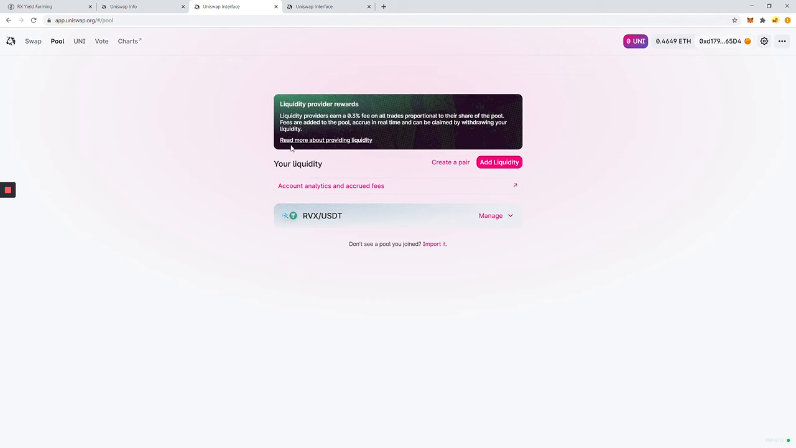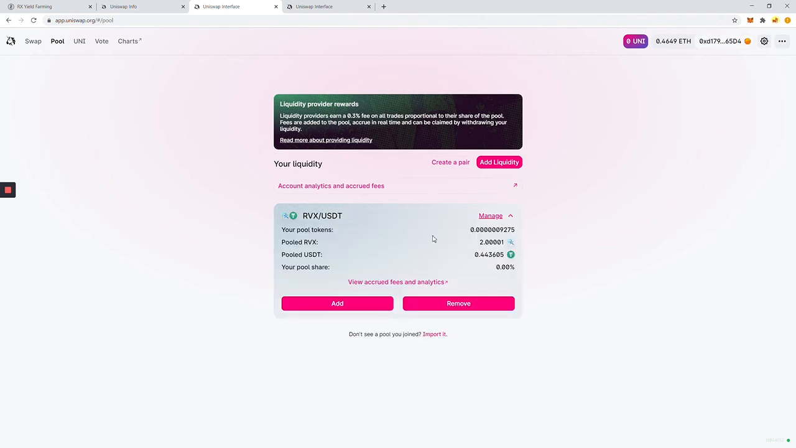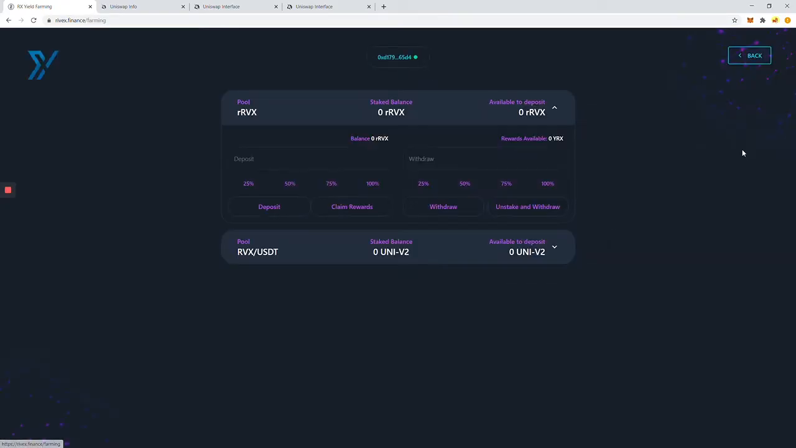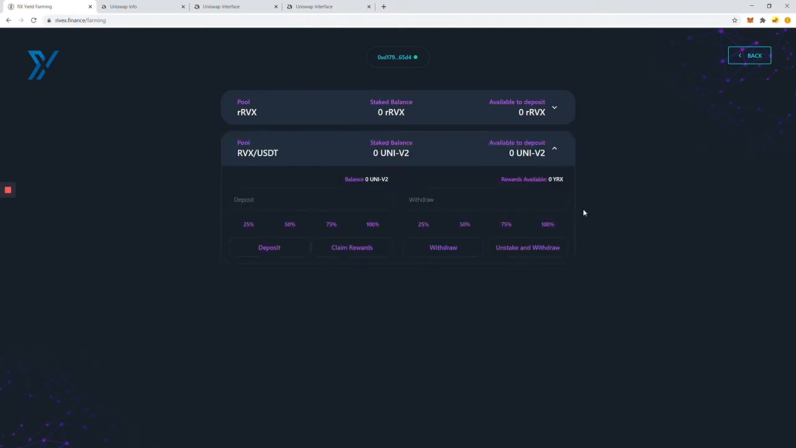So that LP token that I showed just now is what you actually need to exist on your address itself, so you can remove it later on. Once you have the LP token ready, you can proceed back here. It will refresh from time to time, but if it doesn't refresh, we just need to